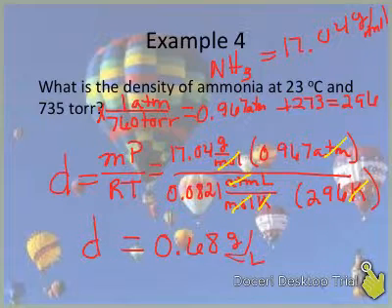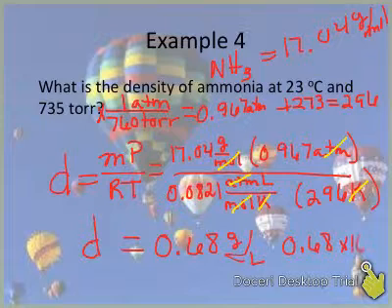Does anyone see a problem though? Why would we maybe not want to leave them in these units? That's not the standard unit for density. So if I were to go look this up to try to determine what gas I have, I wouldn't be able to. Does anyone know what the standard unit is for density? It's grams per milliliter. So we need to convert the liters, which is really easy. Does anyone remember how to easily convert from liters to milliliters? We move the decimal 3 times, or you can just add